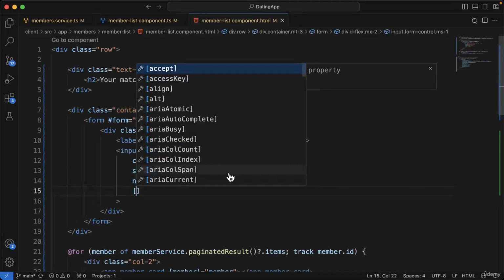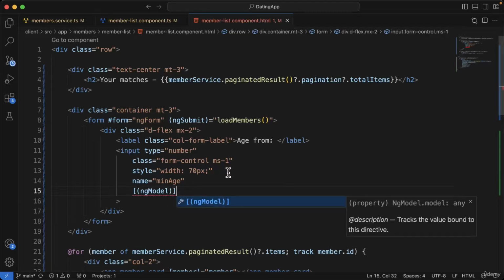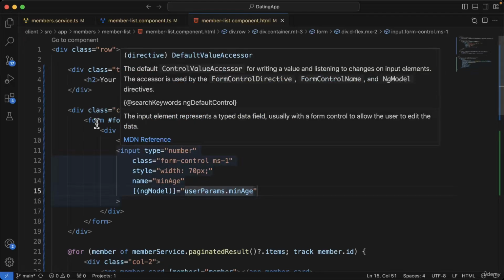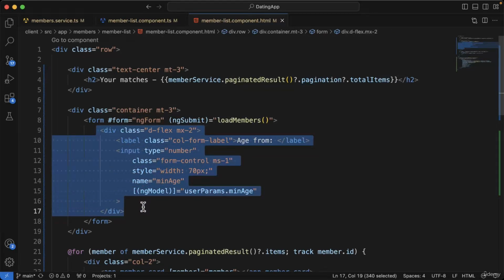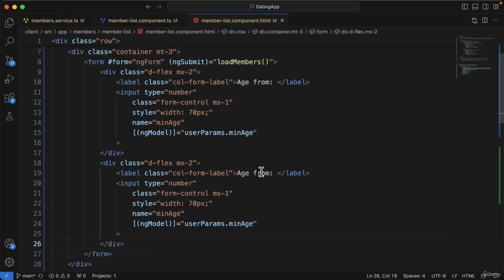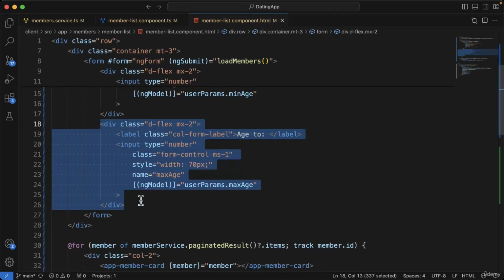So we'll say square brackets parentheses and then ngModel and say equals the user params and the min age, and we'll copy this div and we'll paste it below, and this is going to be for the age 2, and it's going to be the name of max age, and we'll set the user params dot max age,